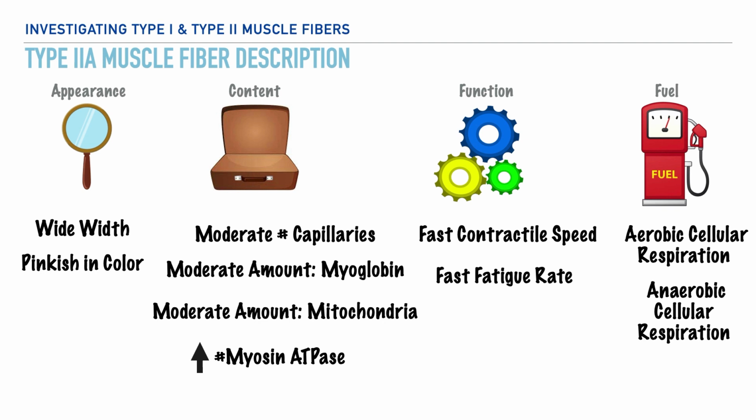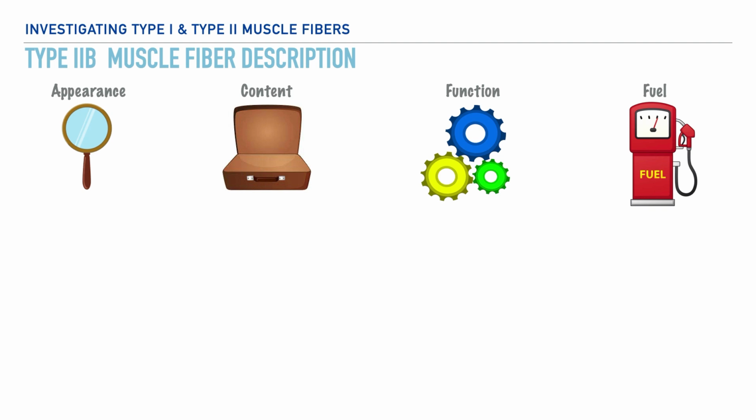oxygen. Now, let's take a look at our type 2B muscle fibers, also referred to sometimes as type 2X muscle fibers. These muscle fibers are wider in width in comparison to our type 1 muscle fibers, but in terms of physical appearance, they are pinkish white, or what we might indicate as a lighter pink color than our type 2A